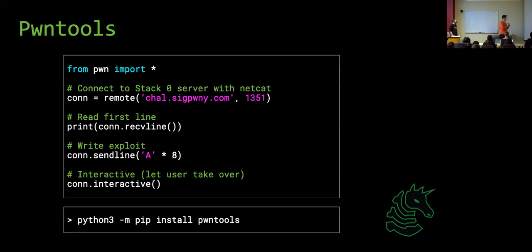So you receive it and it'll print that out. Then you can send the line. In this case, we're sending line A times 8, which means we're sending 8 A's. Now, pwn stack 0, I know because I wrote this challenge,